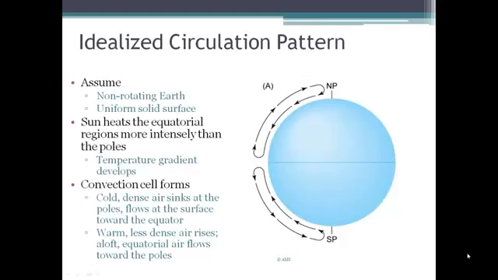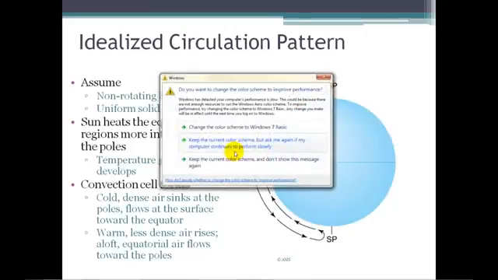In an idealized Earth that does not spin around, the distribution of energy would take place like you see here. The equator is warmer than the poles, and so the warmer air would rise up and make its way poleward, where it would then cool off and sink, and then the colder air would move to complete the circulation cell. So we have rising warm air and surface divergence here at the equator, and then at the poles we have sinking air and this type of circulation cell, which, as we'll see later in this chapter, is called a Hadley cell. But this is assuming a non-rotating Earth and a uniform